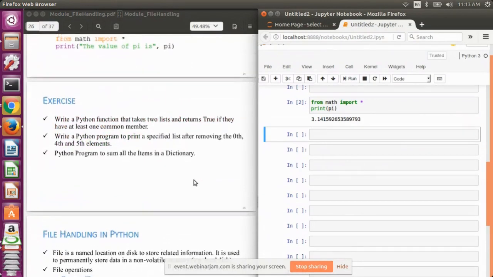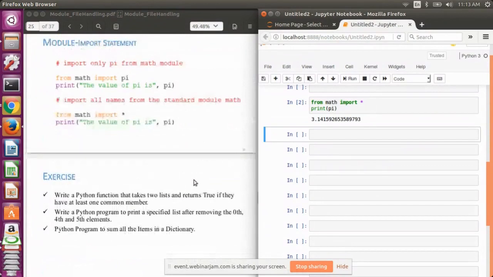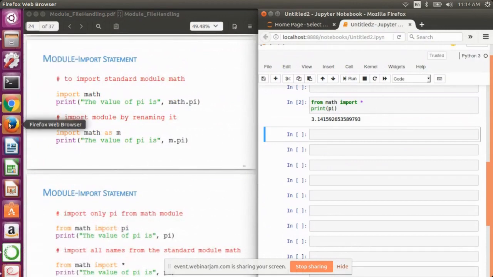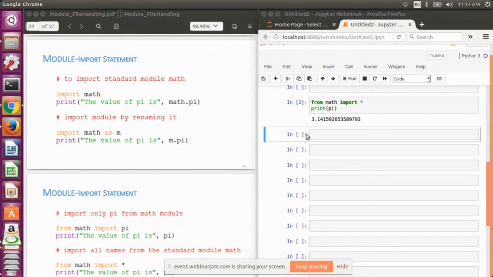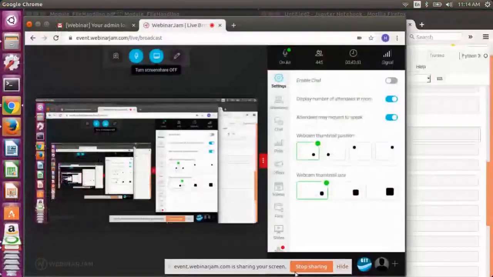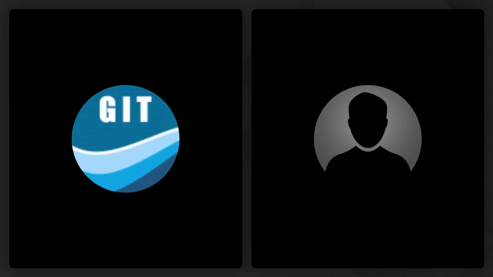Any questions till this point? Is there any query? Because that's it for today. In the next session, that is tomorrow, I will be talking about file handling in Python.